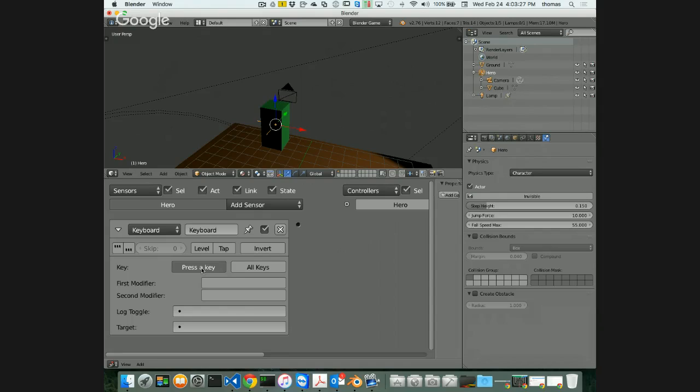I want to make this the left key, so I'm going to press the left arrow. And it says left arrow here. Okay? So I added a sensor, chose keyboard, pressed it here for left, and I clicked my left arrow. Now notice that it says keyboard, and to the right, there's a friendly name for this event handler